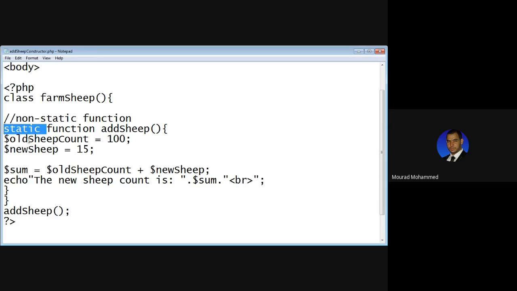We did use this word static, and then to call the method, we specify the name of the class, the scope resolution operator, and then the name of the function. Great. Now we are using